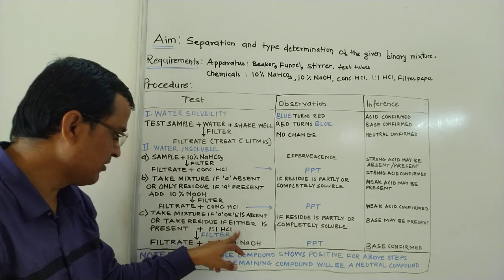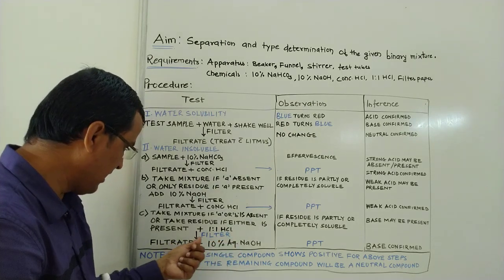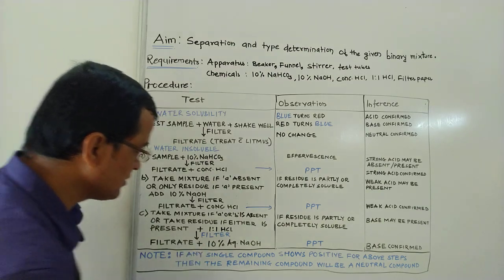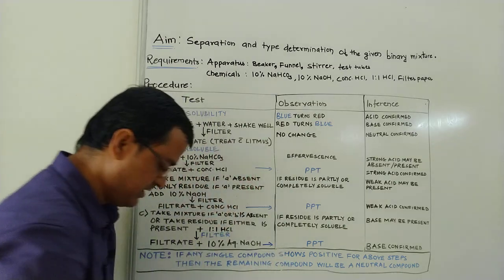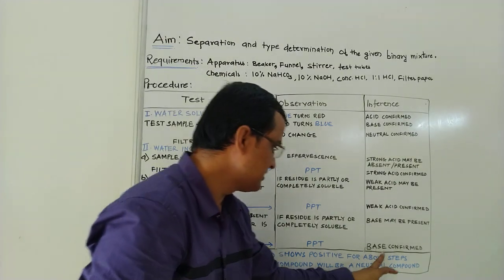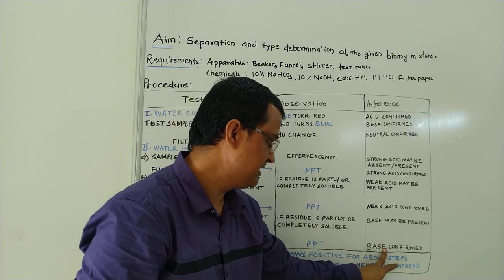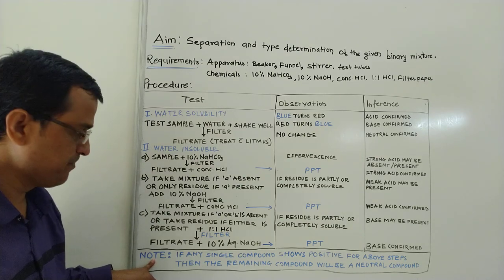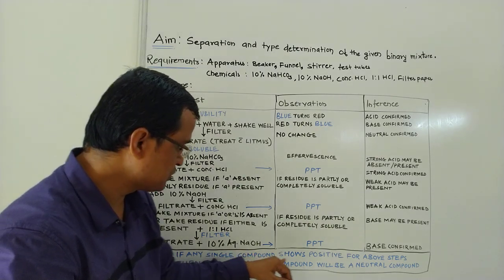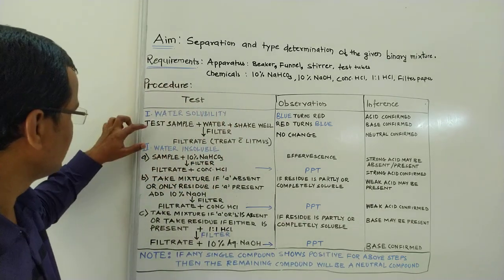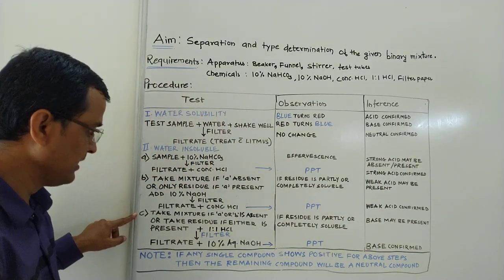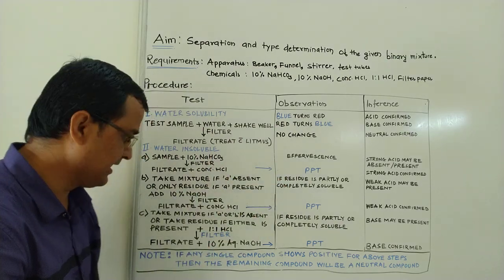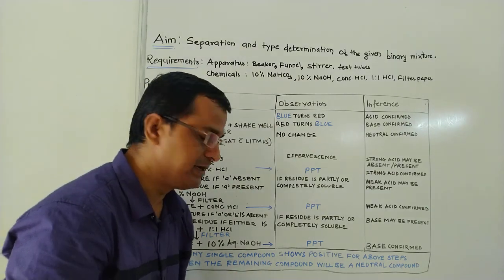Then upon addition of HCl, filter it, and after filtration, add 10% aqueous NaOH to it. If there is a precipitate upon addition of 10% aqueous NaOH, then the base is confirmed. Upon confirmation of the base, there is a short note: if any single compound shows positive for the above tests, we have 4 steps there. If we got any test positive in those 4 steps, then the remaining compound will be a neutral compound,